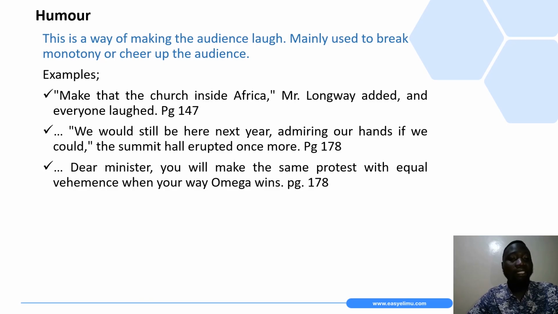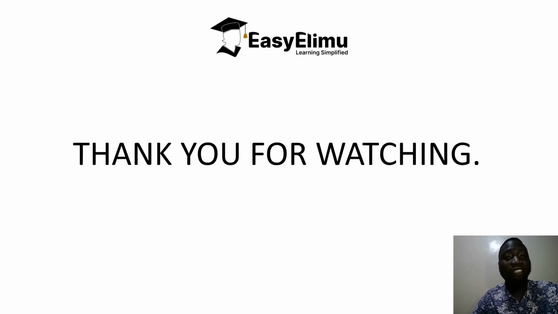Then again, there is this part, dear minister, you will make the same protest with equal vehemence when your Way Omega wins. So I think these were President Bangoria's statements. That is when Minister Zinto was trying to protest the choice matrix. Then the leader of the committee telling him that you will make the same protest with equal vehemence when your Way Omega wins. So it has been a very interesting session